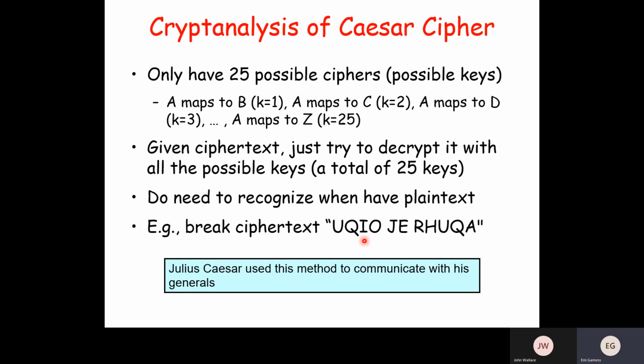So I should say, there are only 25 possible keys. So let me try to decrypt this with key 1 to see what we get. If we get something that I understand, that was the key. If not, I will try with key 2, decrypt with key 2. If I understand the meaning, this is English text, that was the key. So I will have to try key equal 1, up to key 25. So just 25 cases. You see? So at the end, it's very easy to break because there are only 25 possible keys.